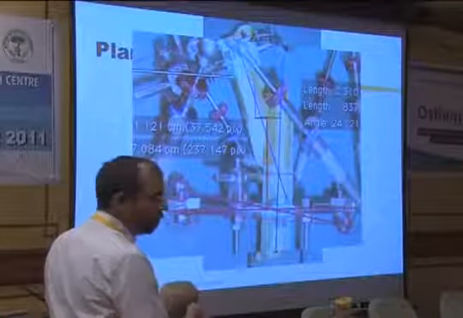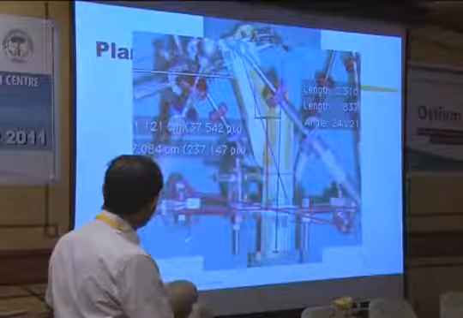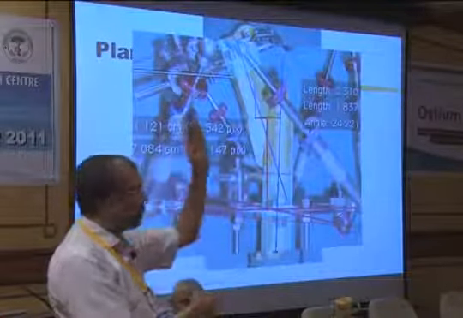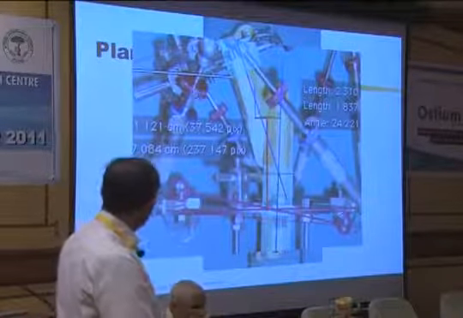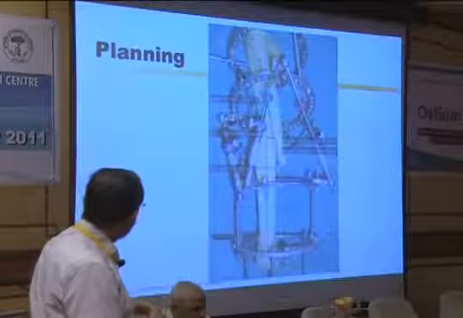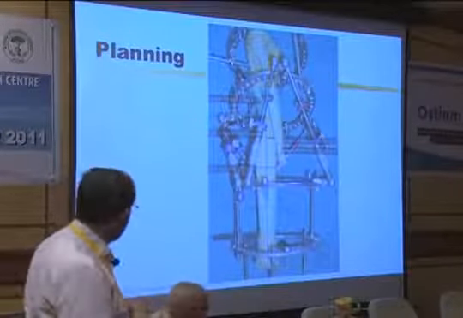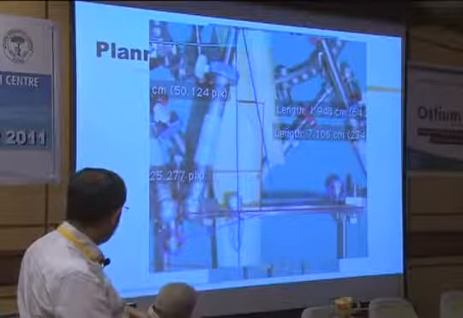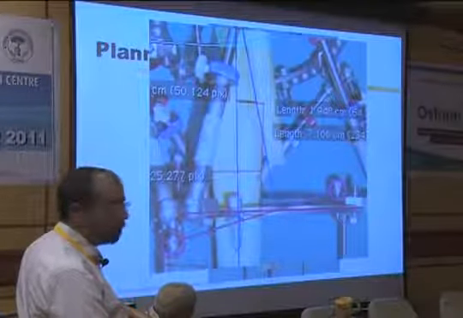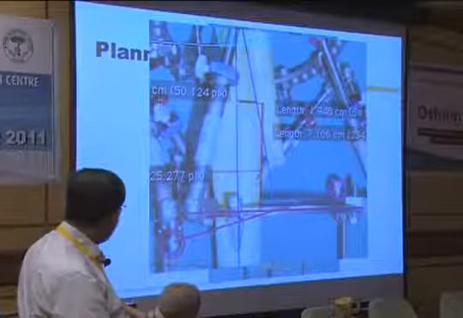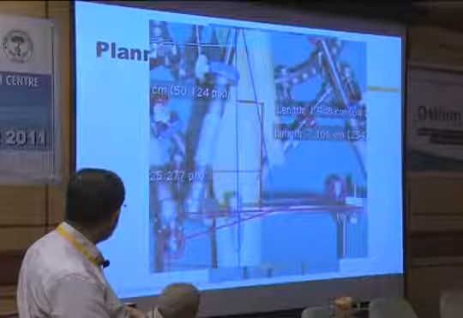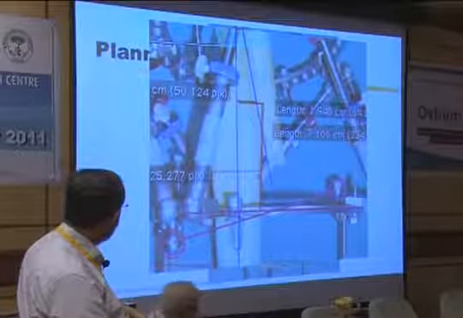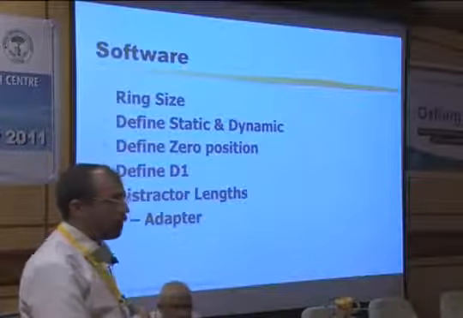I am going to keep the fulcrum over there, not over here. I showed you two ways that I can correct it. One is keep the fulcrum down, and second is keep it up. So I am using that fulcrum up. Same thing on the lateral. Here we draw the plane of the hinge, then we draw the line joining the two balls. You get the center. This is not perfectly right, but you get the center. Then how much up is the fulcrum, how much anterior or posterior is the fulcrum. So the software has to know